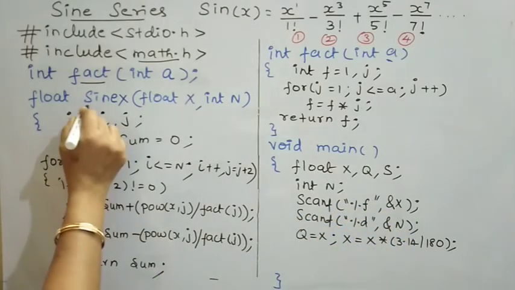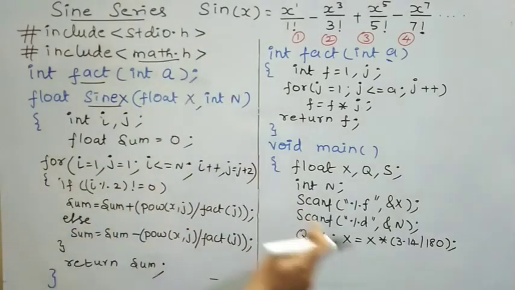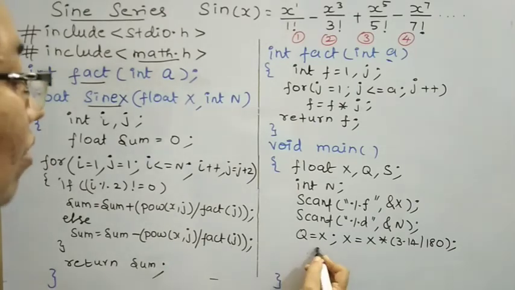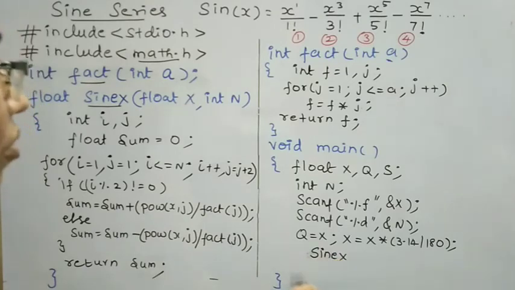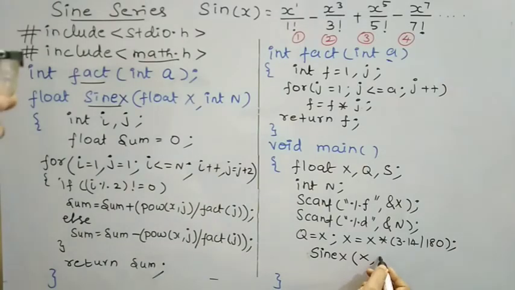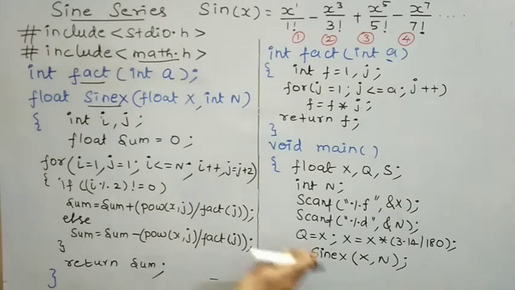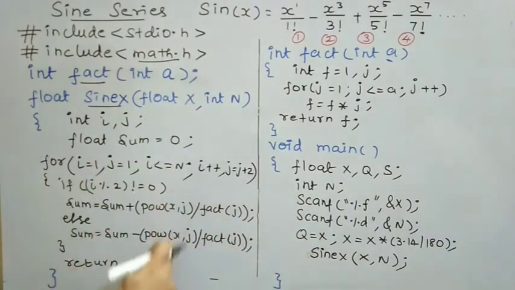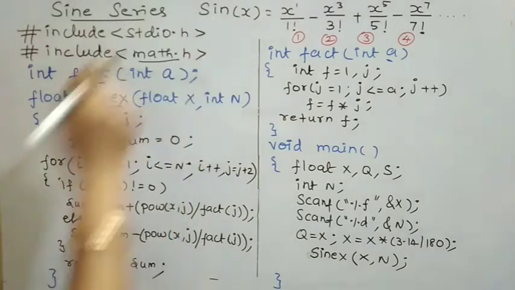Now I need to call this function sin x to compute the sine series of the given value x. How to call the function? That is sin x, and then to call the function, I am passing 2 values as parameters, that is x, whose sine series we are supposed to calculate, and n, that is the total number of terms. Okay, when I call the function, the control will be transferred here. It will compute the statements inside the function definition. It returns the value sum, which is the summation of this sine series.